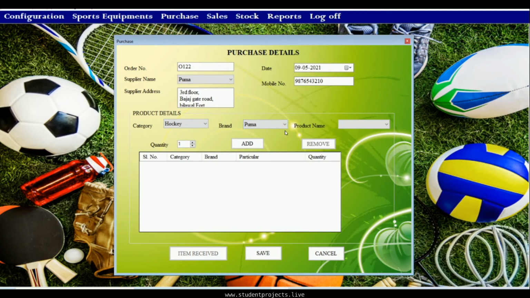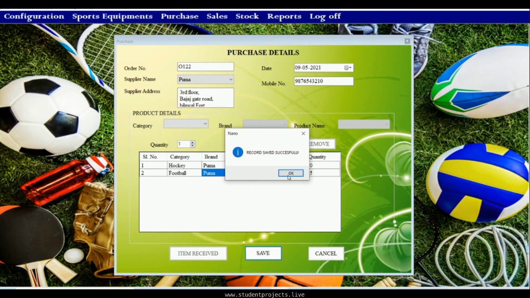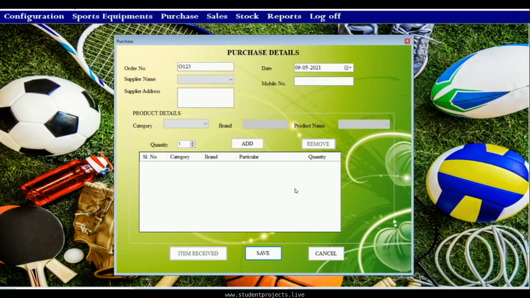Then the product detail, that is the category of the product and the brand name and the product name must be selected, and the quantity of products or items required must be added. So this is how the admin or the company will order the items from the different suppliers. So on clicking on save, this record will be saved.